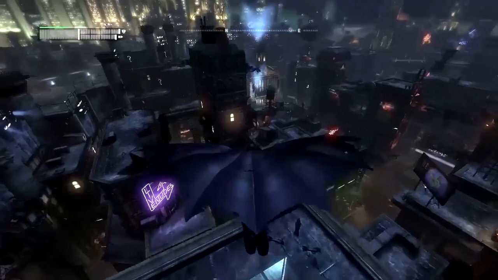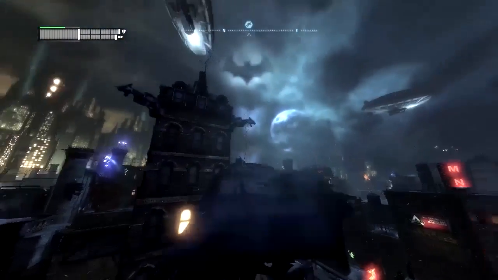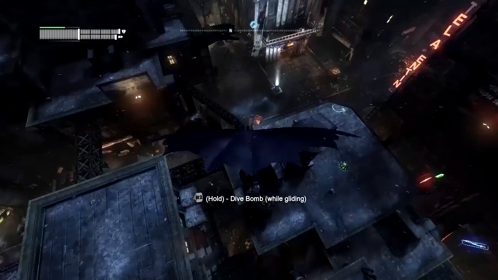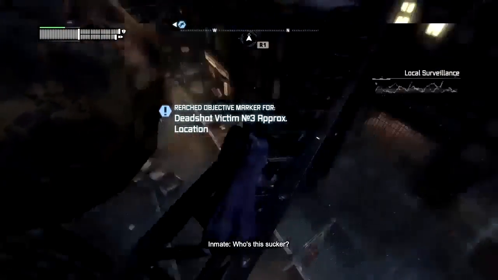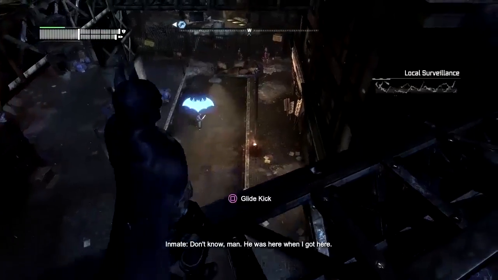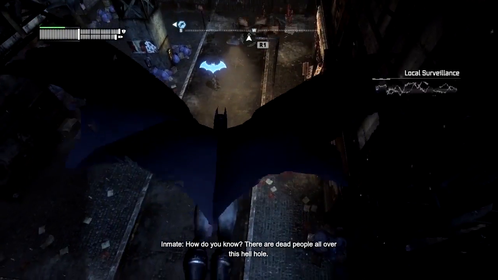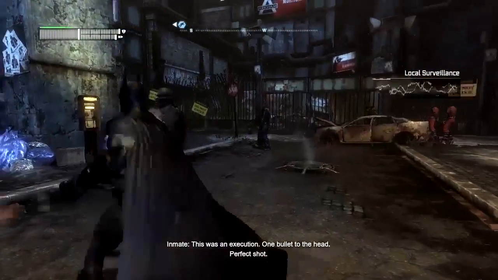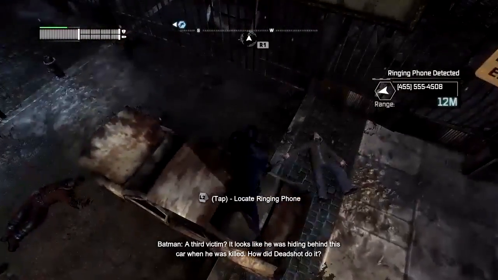The Deadshot side quests and the Hush side quest, I think, are fairly interesting in so much as they're doing something which they don't often do in the Batman games, in any of them really. They don't even do that much in Arkham City, Arkham Asylum, and Arkham Knight. More of the kind of...